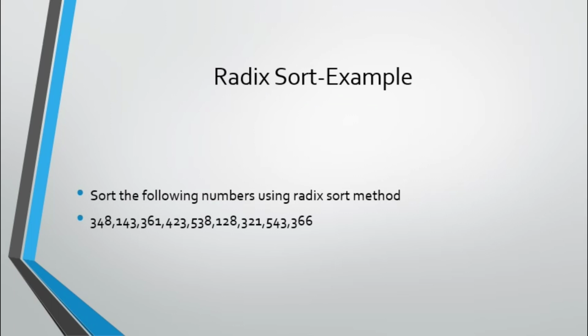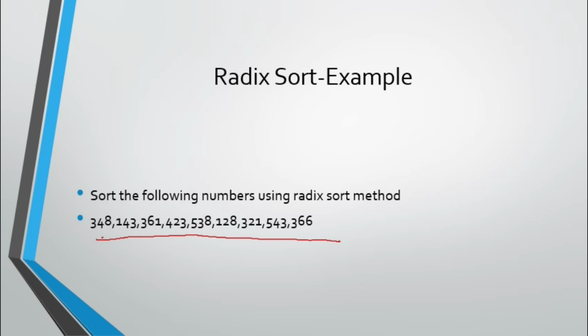Let us take an example. You can write down these numbers in your notes, so that you know what the numbers were before sorting and after sorting. We are sorting these numbers using radix sort, and you also need to note what happens after each pass. Whenever we discuss any sorting technique, students, you need to have a pen and paper, and observe what happens after every step. Then only you will understand the technique.